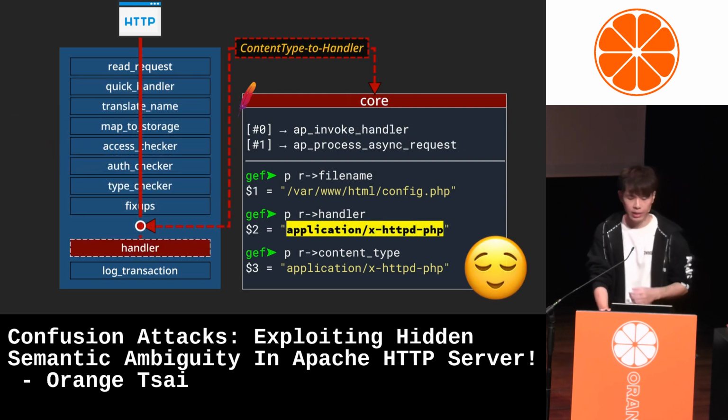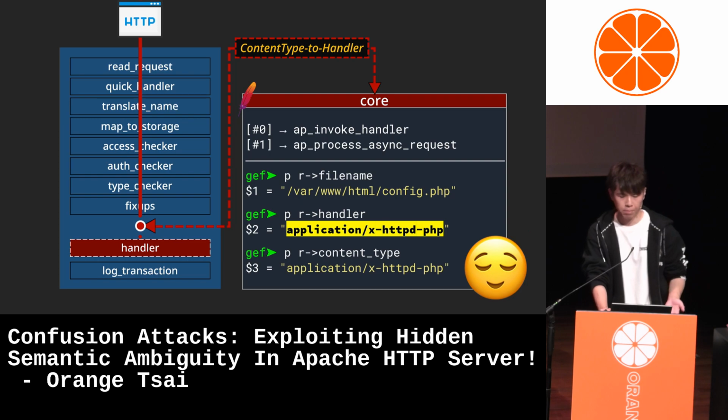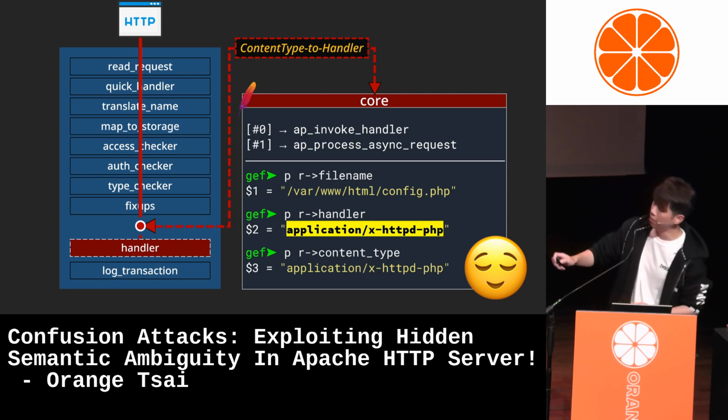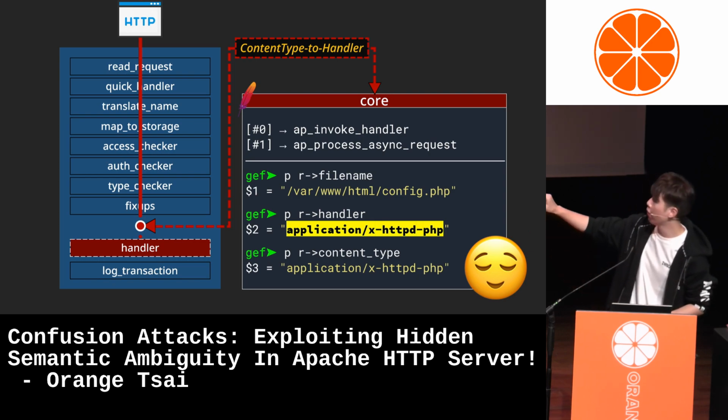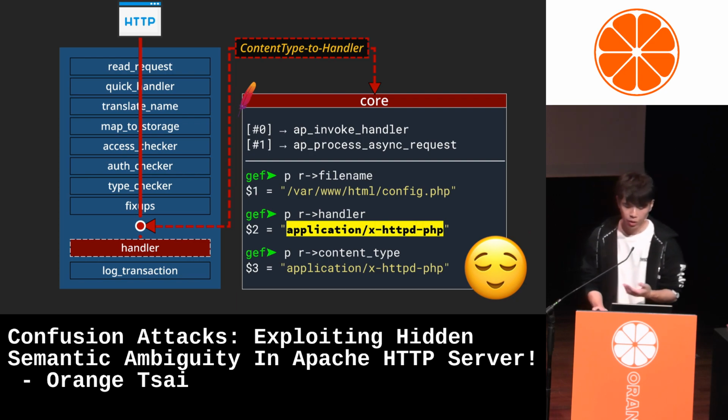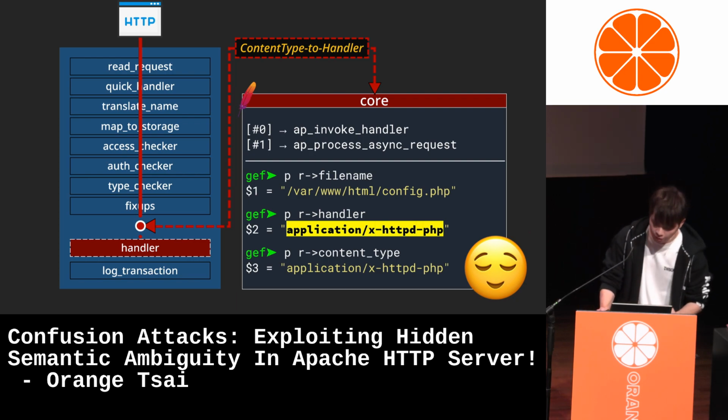The normal process works well. However, before entering the main handler phase, the legacy conversion we mentioned earlier will convert the content type into the handler. So this explains why both AddType and AddHandler are effective.